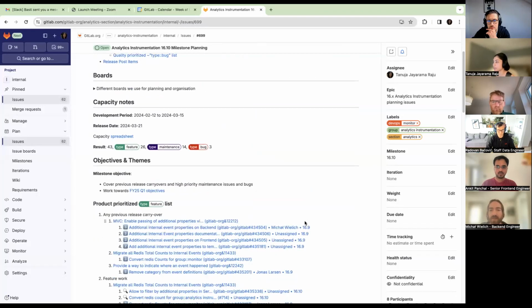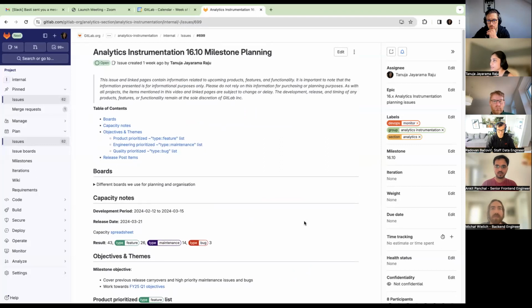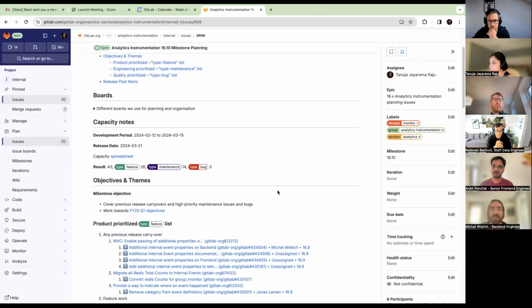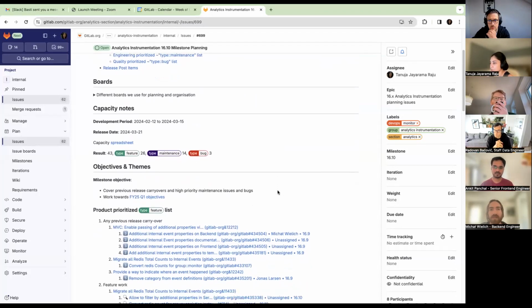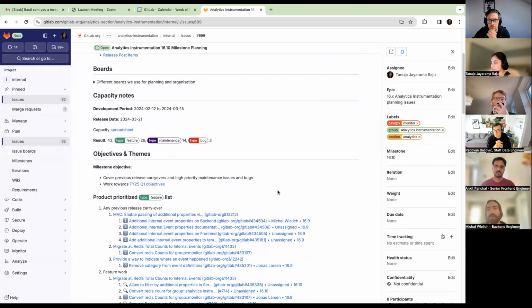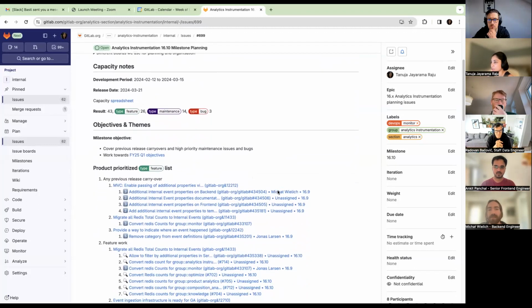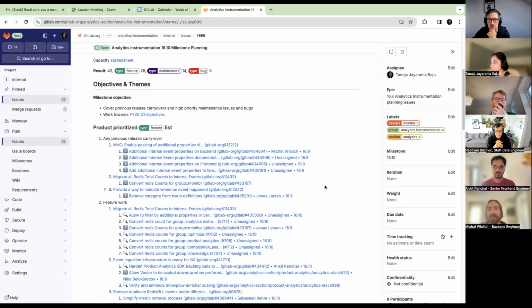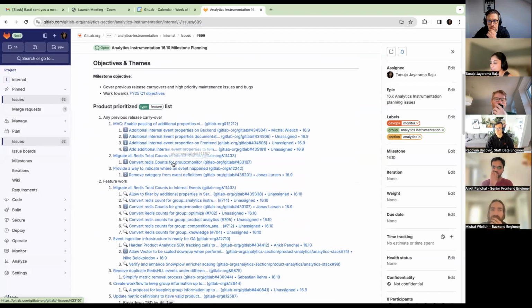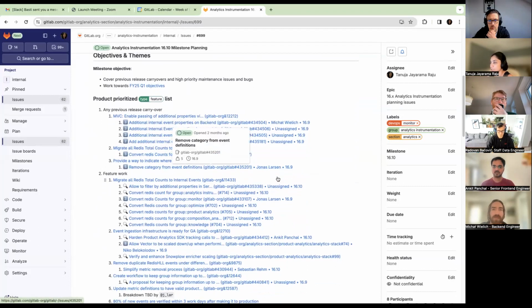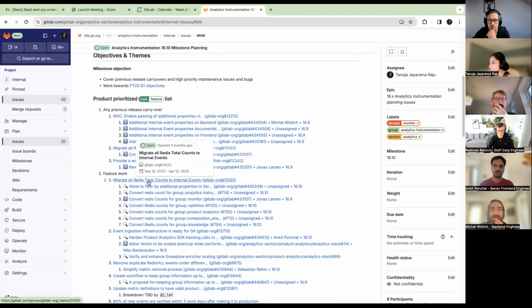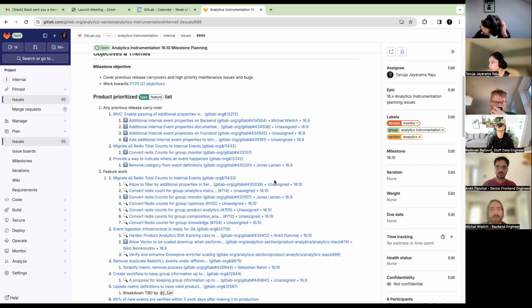Right. So this is the issue for the 16.10 milestone plan, and our objectives for the feature list are, first of all, to cover any previous release carryovers and also work towards our FY24 Q1 objectives. I think we have a list of previous release carryovers here, and in terms of new feature work, our top priority is to migrate all Redis total counts to internal events, mainly to continue the momentum on what we worked on in the previous quarter and take that forward